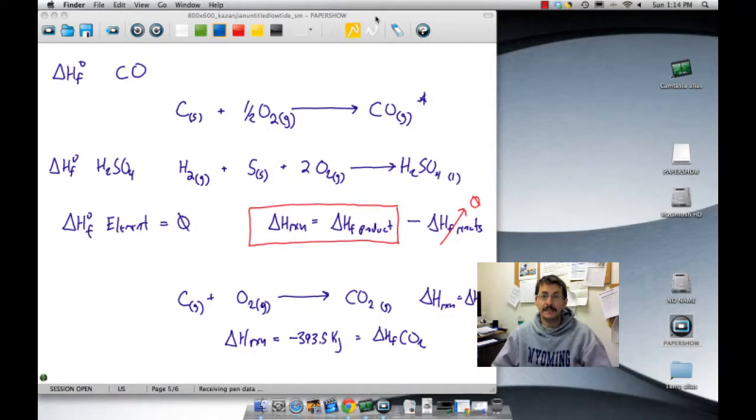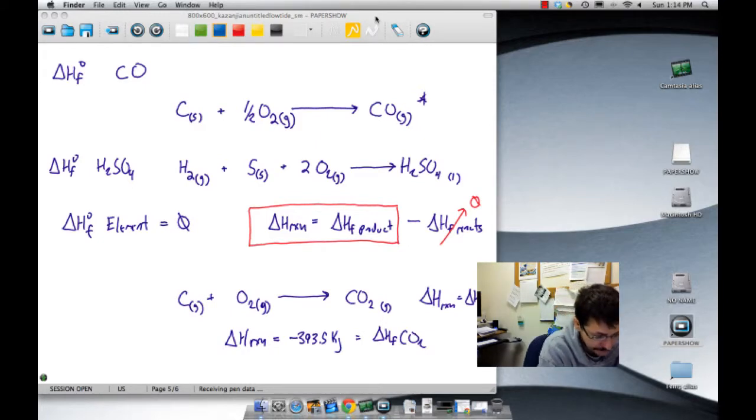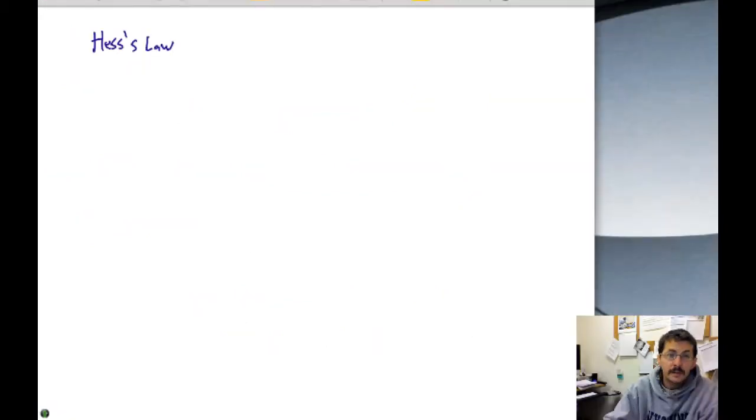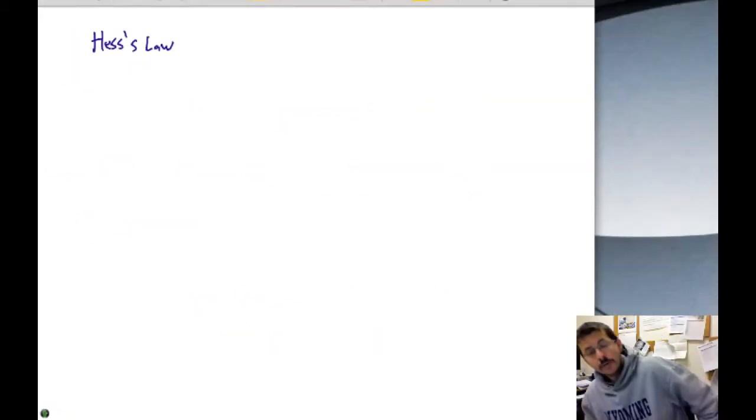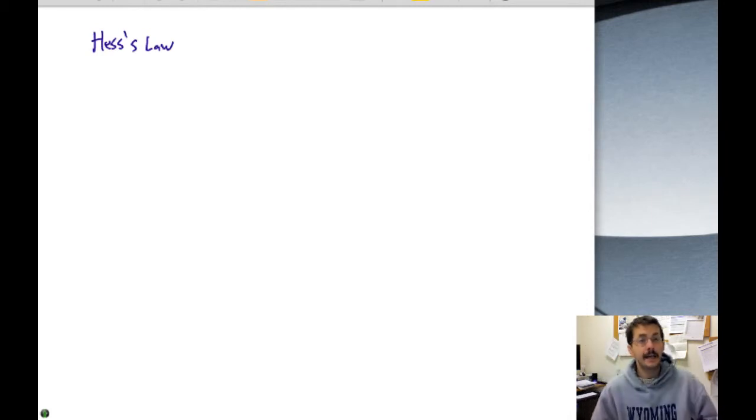And so if you're lucky, you can use this direct method. If you're not, you have to rely on something called Hess's law, which is an indirect method. Hess's law is an indirect method for obtaining enthalpy of reactions. Again, if we're lucky, we shoot for the enthalpy of reaction to be the enthalpy of